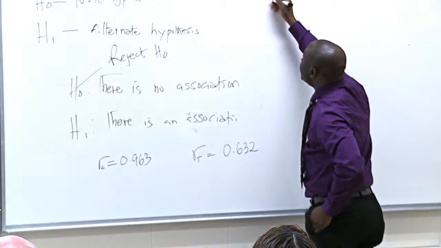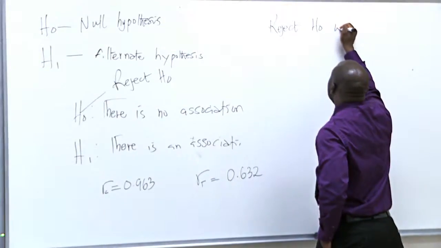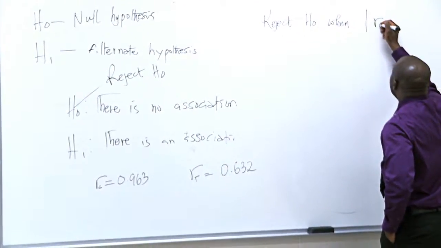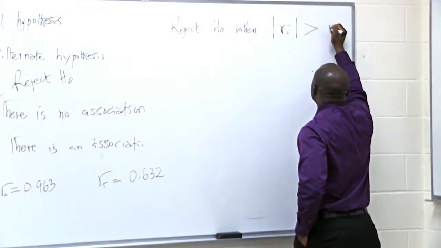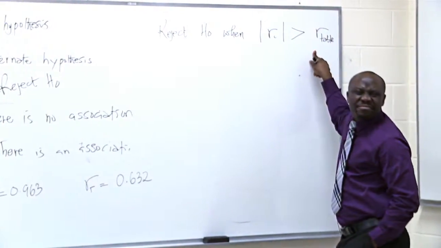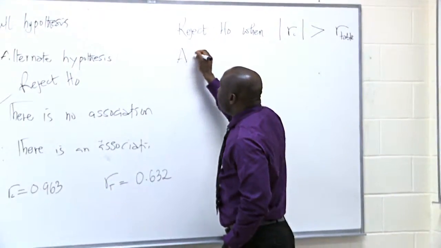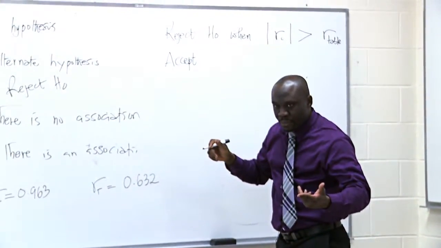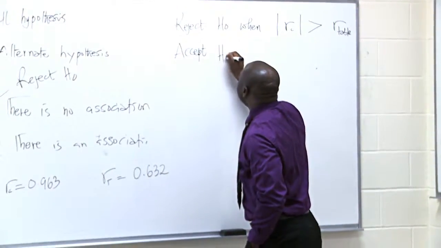So this is the decision making. Reject H0 when R computed is greater than the R table. I think this is better. I hope it helps. So whenever your computed value is greater than your table value, there is an association. There is an association. And here you accept H0